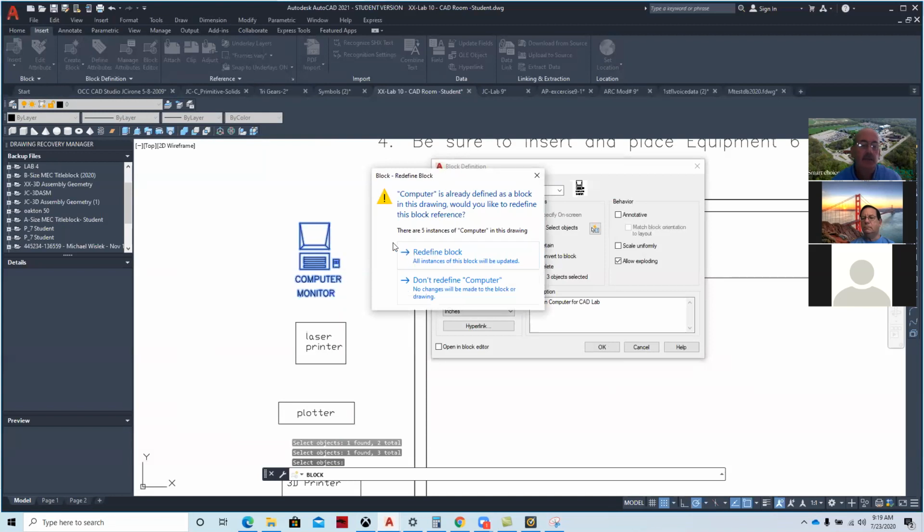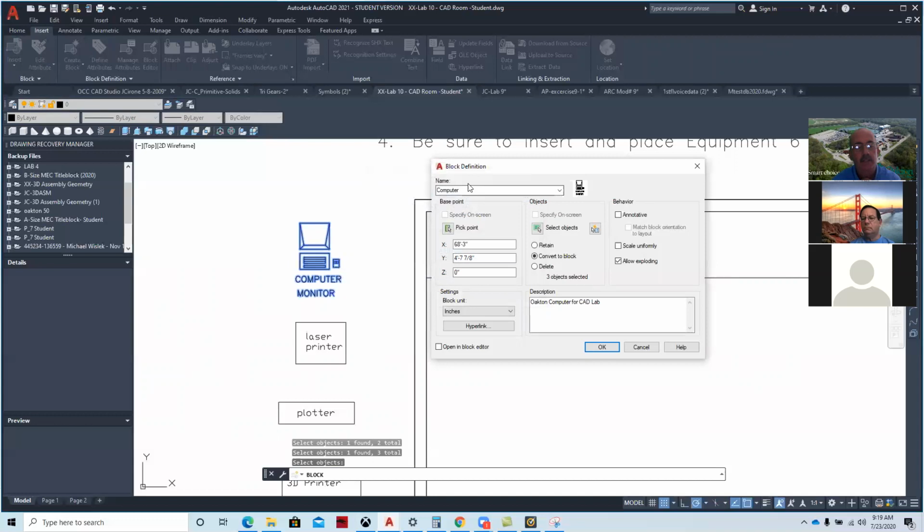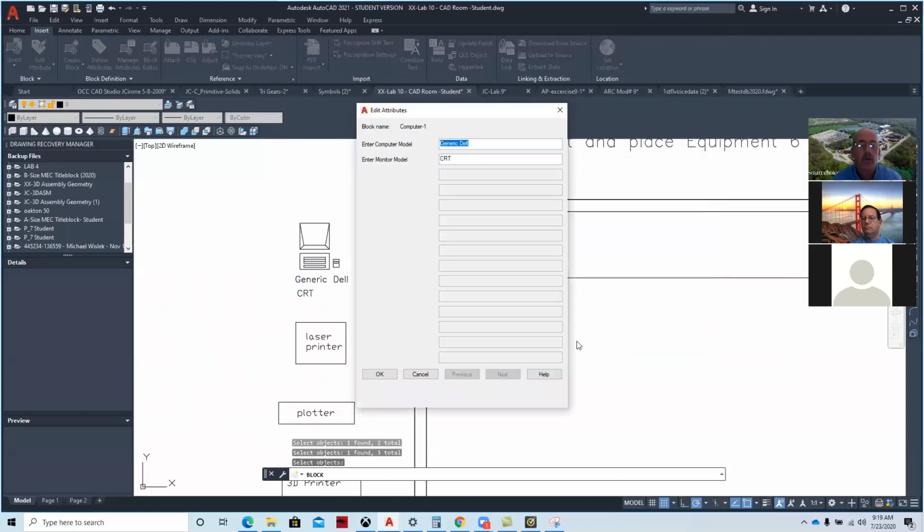Since I already have one, it's going to make me redefine it. So I'm going to say don't, and I'm just going to name it a new name. I'll say Oakton computer -1 so I can keep my old one. And I'll say okay. So here, when I create the block, it allows me to designate things like the model number. I'm just going to say generic Dell, and then enter the model number for the monitor. I'm just going to say CRT, but we could easily say